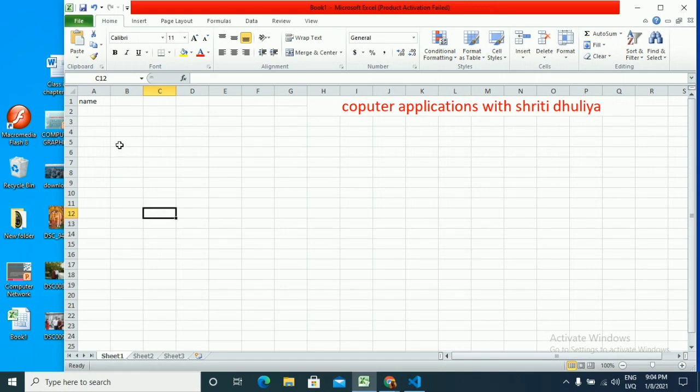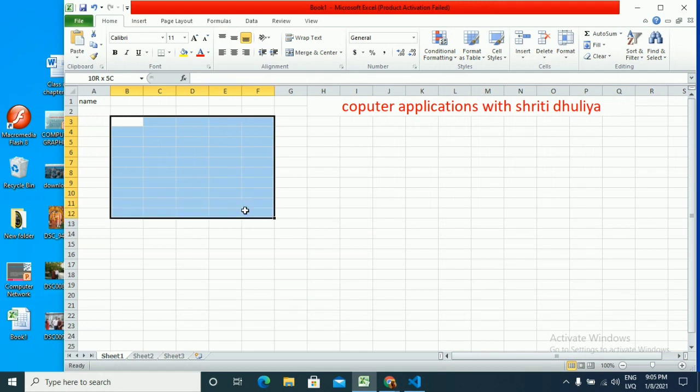So to select a single cell, you can just click on that cell and it will get selected. If you want to select more than one cell or a cell range, you can just drag your mouse over the cell range and it will get selected.